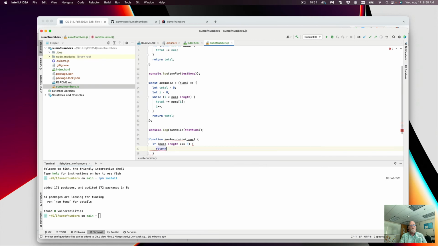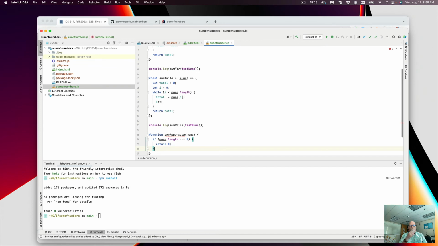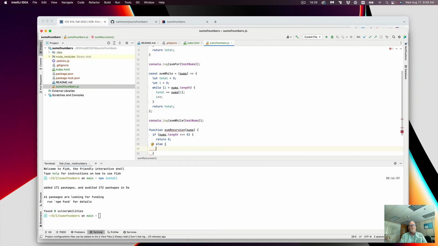We return 0. So now we need to do the else. We need the recursion, so we say return nums sub 0 plus the recursive call. And now I need to make nums 1 smaller,